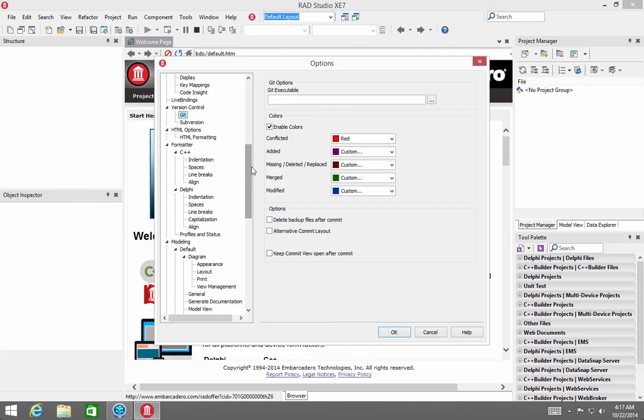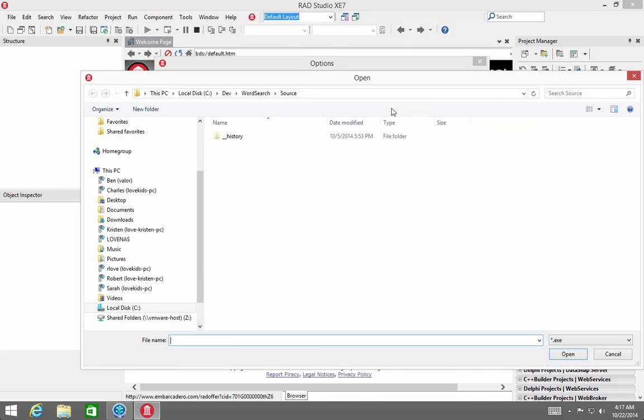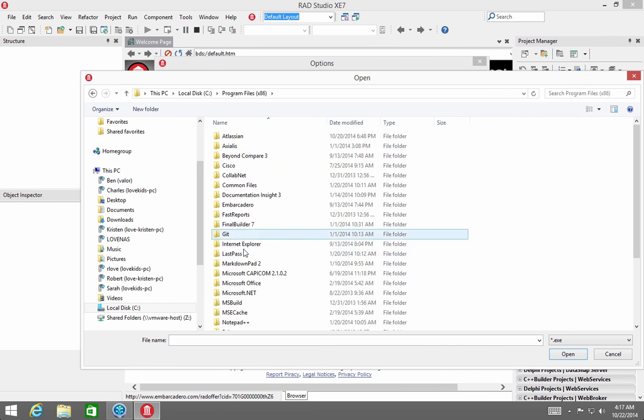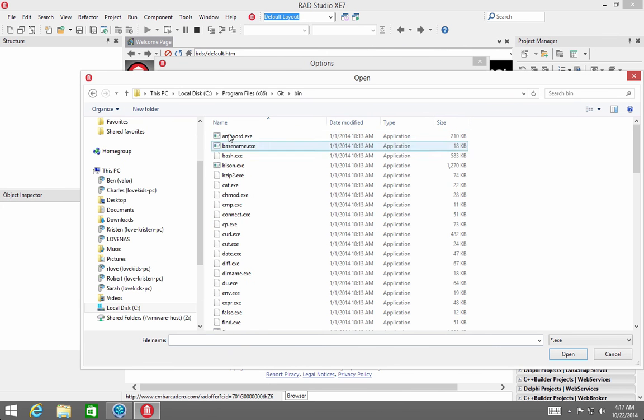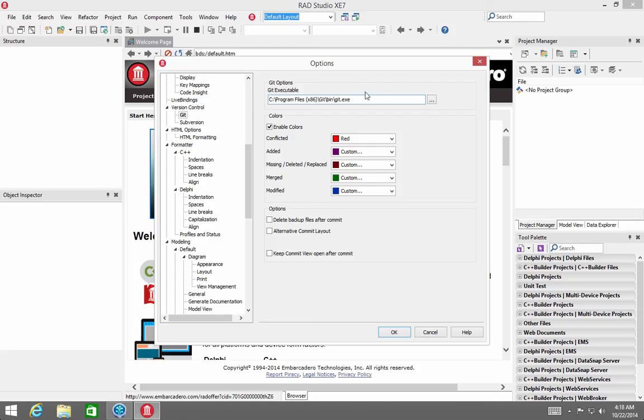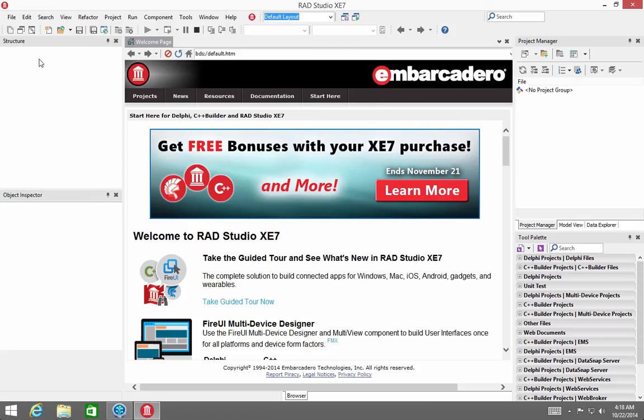And Git is one of those options. And all we have to do is specify the Git executable. And this is the command line client that we had installed. So I have Git bin, and it's out here called Git. So I've selected that. If I hit OK, now we'll just open